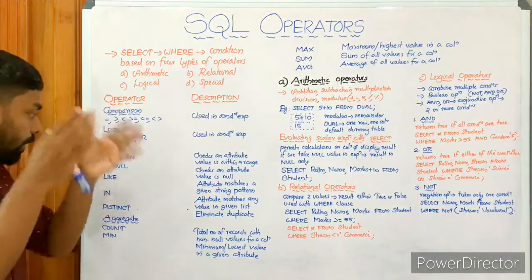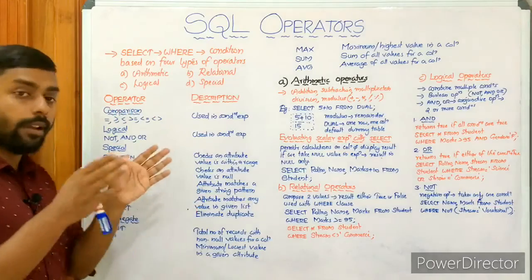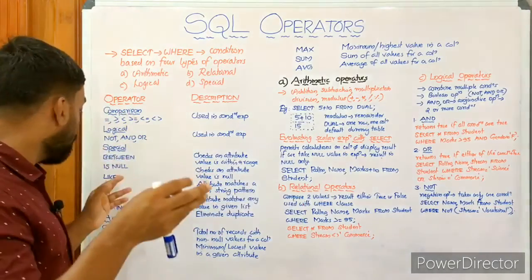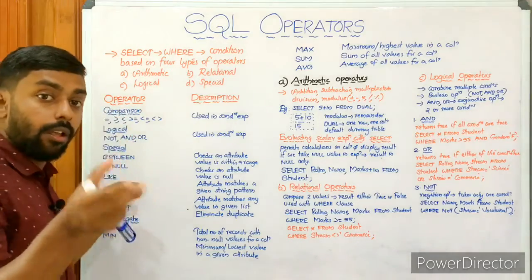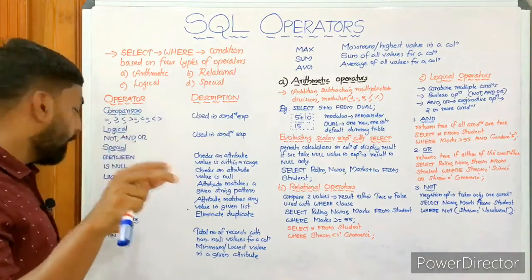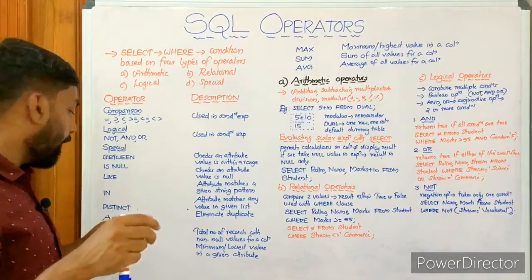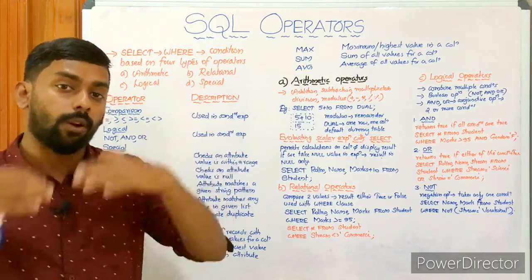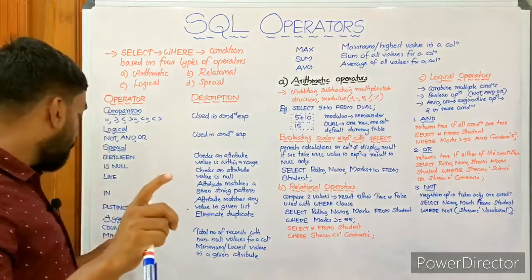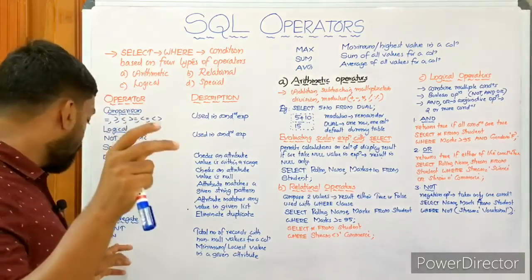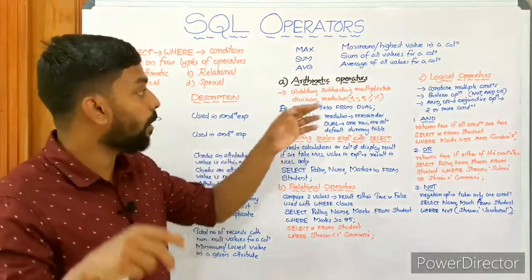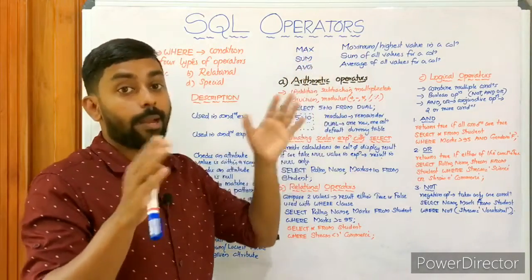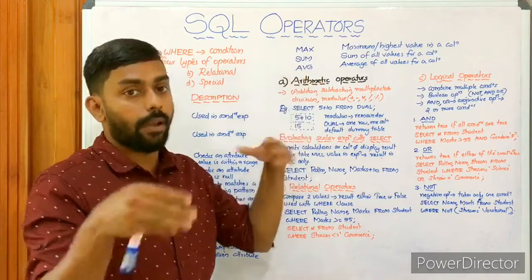Between means in between two values. Is null is for checking for null, since null cannot be compared with any value. Like is used for pattern matching. In checks whether a value belongs to a list of values. Distinct eliminates duplicate values. Aggregate functions, or group functions, work on a group of values and give only one result per group: count for the total number of values, min for the lowest value in a column, max for the largest value in a column, sum of values, and average of values.